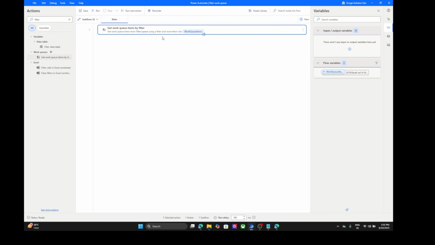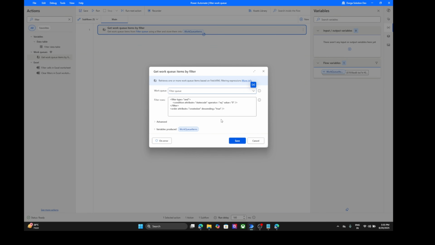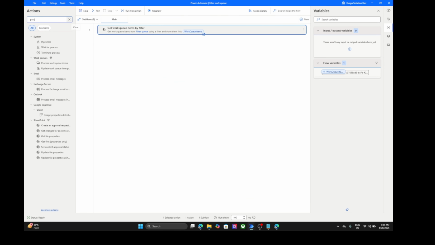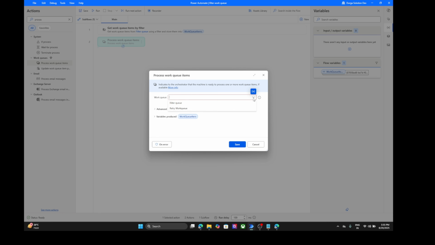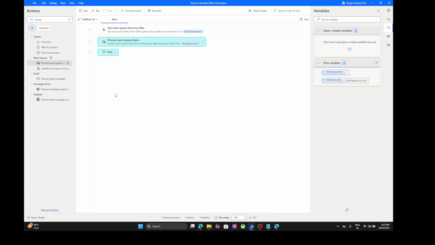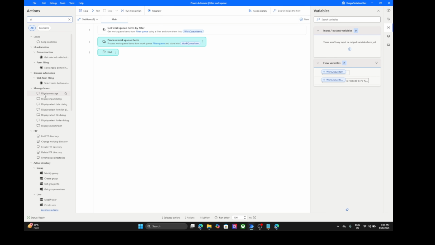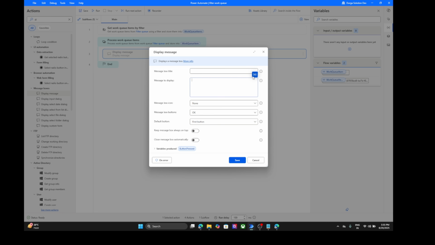So even if we want to use this filter query elsewhere, we can directly use it by copying this, and we can just use it in the process work queue item action as well. If I just select a queue item and then add a filter query in here and save it, we can just add a display message in here for our understanding. Let's just add it in here and